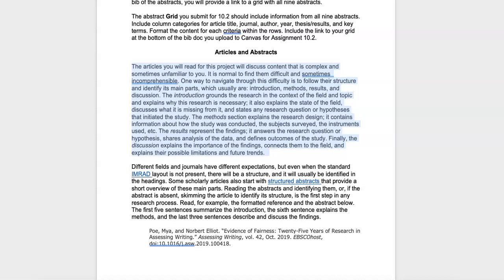It contains information about how the study was conducted, the subjects surveyed, the instruments used, etc. The results represent the findings. It answers the research question or hypothesis, shares analysis of the data, and defines outcomes of the study. Finally, the discussion explains the importance of the findings, connects them to the field, and explains their possible limitations and